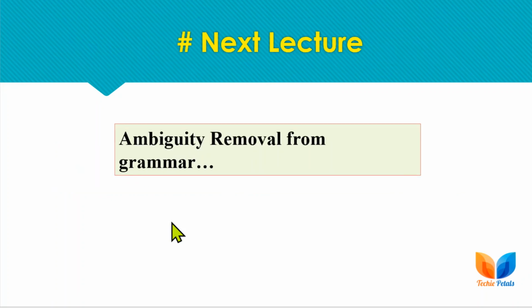So in this lecture we have practiced how to detect whether a language is ambiguous or not. In the next lecture we will work on ambiguity removal for a given ambiguous grammar, that is, how to convert an ambiguous grammar to an unambiguous grammar. For that we will use the left recursion and left factoring removal rules. So please go through lecture number 40 for these rules for removing ambiguity from the grammar.